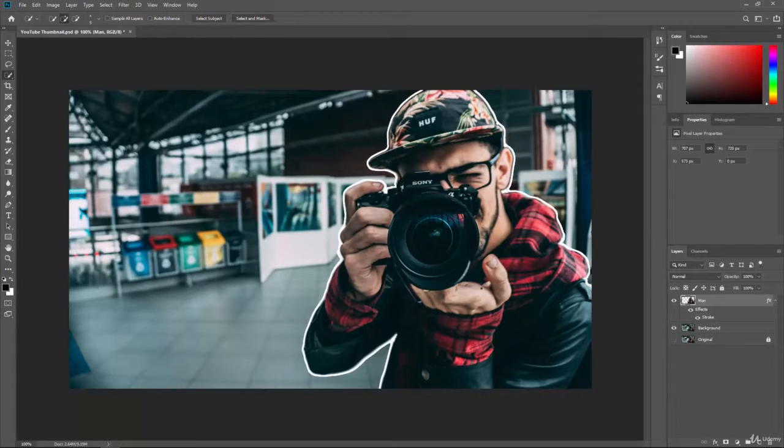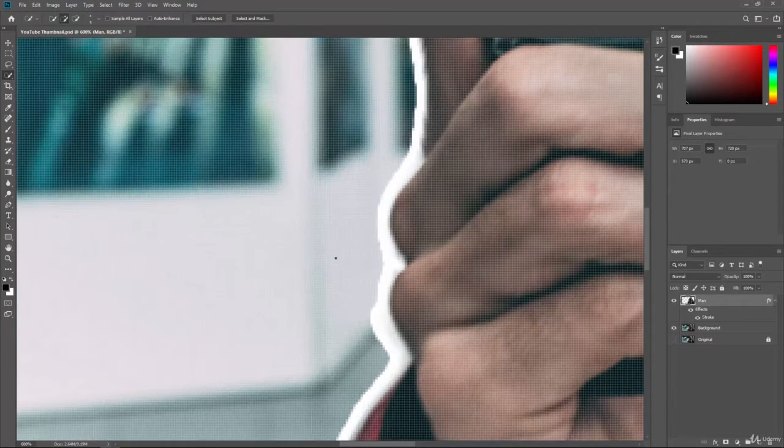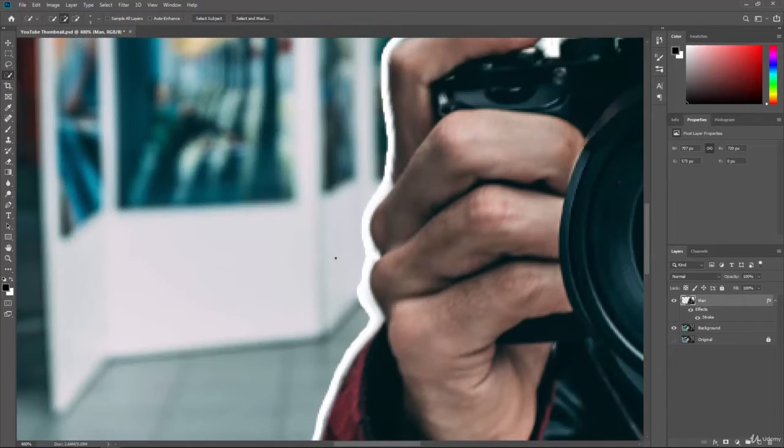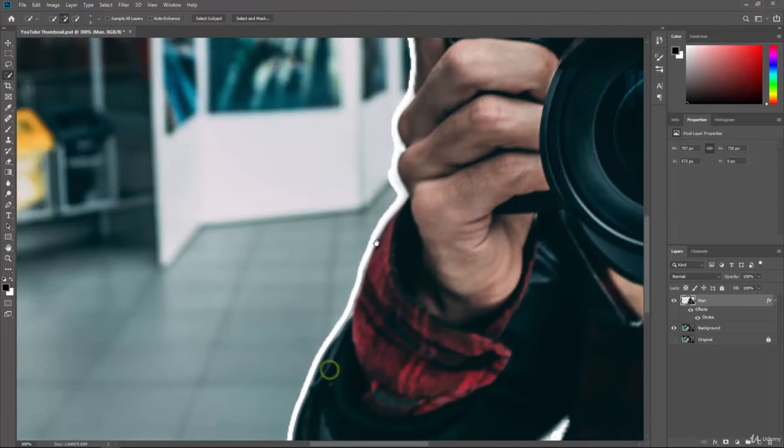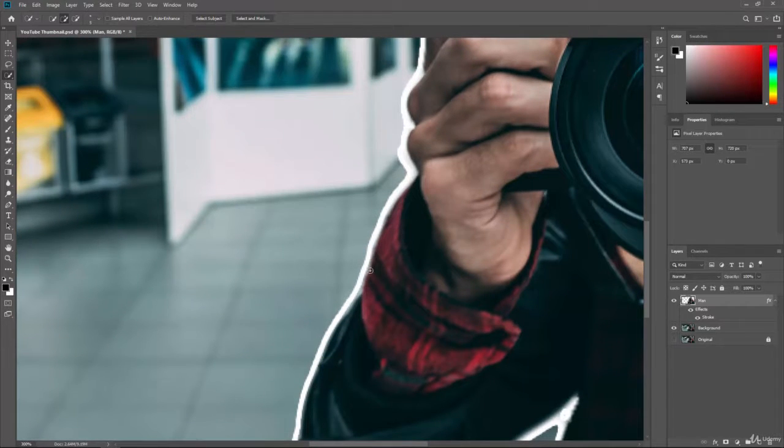So now you could see that there might be some areas around the clothing that the stroke isn't filling in. It's just because we're seeing a little bit of the background. Around his sleeve here, there's a little bit of a gap between the stroke and his actual sleeve because we selected a little bit of the background. So with the man layer selected, we can actually go to our eraser tool, and we can erase out a little bit of that background, and it will bring this in to his sleeve because